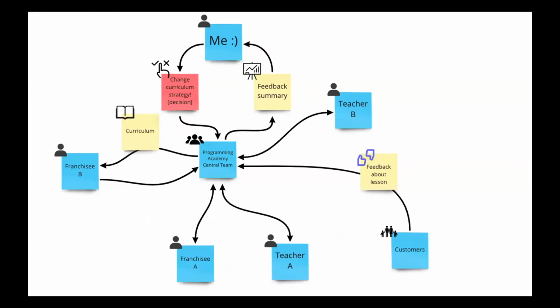They were teaching students, teaching kids programming, but the flow of the information was that we were directly gathering the feedback. And based on that feedback, which was summarized by the central team that was responsible for the curriculum, me and my co-owner were making some strategic decisions. What should we do with the curriculum? What strategy should we choose? What kind of tools should we use in the curriculum? And the problem was that